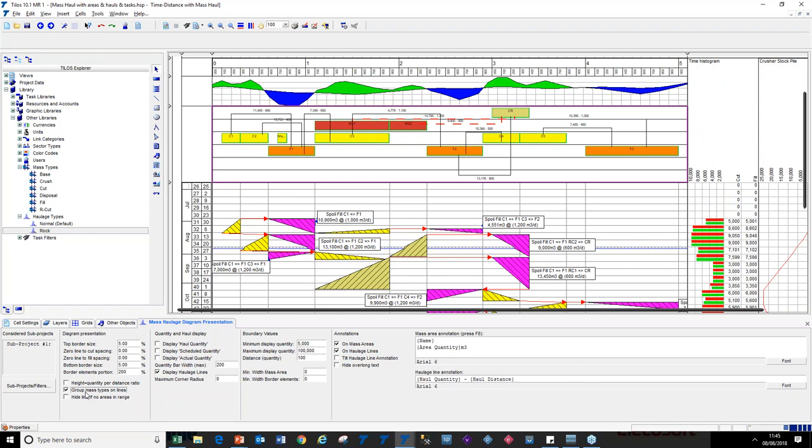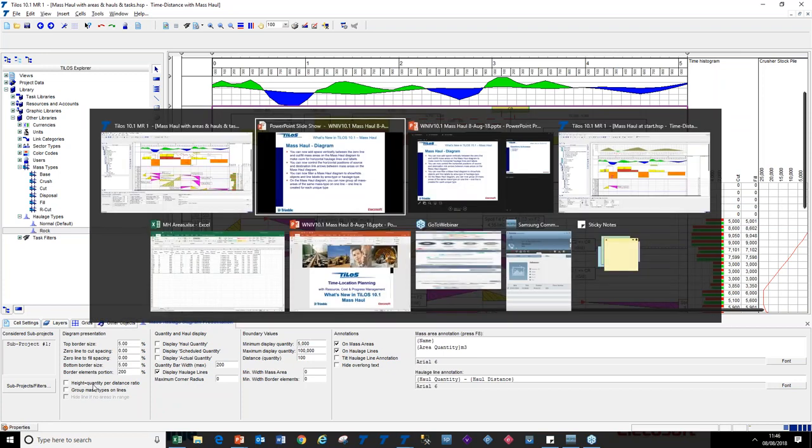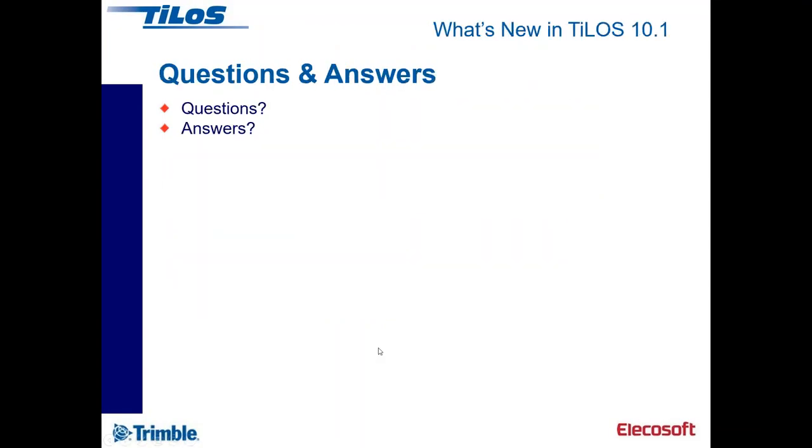But the height of the cut and fill areas are no longer proportional to the area quantity that's involved, as they are in this section. So a much greater control and a new way of seeing it on the mass haul diagram. So those are all of the new features of mass haul in Tilos 10.1. I think there's some big